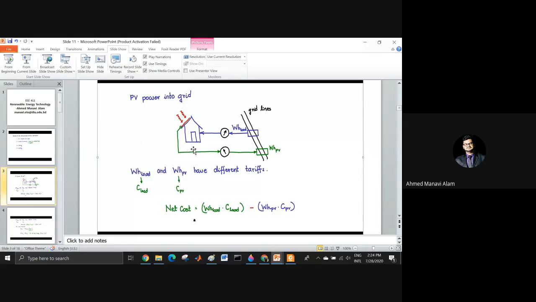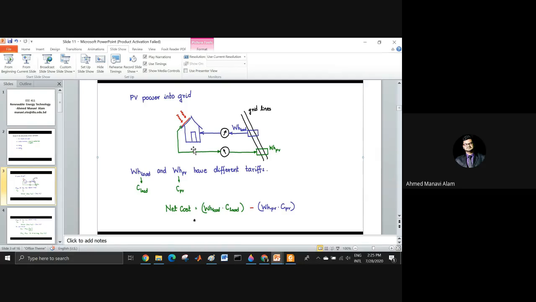Now, if I ask what is your want, or what is your demand in this case, PV power into what? Your demand will be, sir, I don't want to waste a single penny. What do you mean by that? That means, sir, I will get from the grid the same amount that I am giving to the grid. It is like you are giving your friend 100 taka, and after some time you take back the 100 taka from your friend. You are not taking more, you are not taking less.